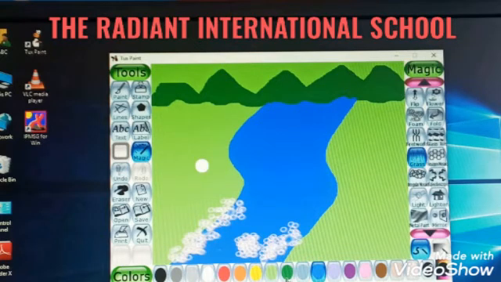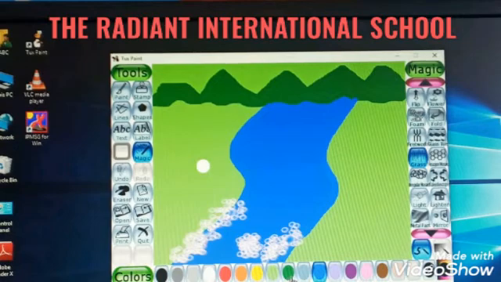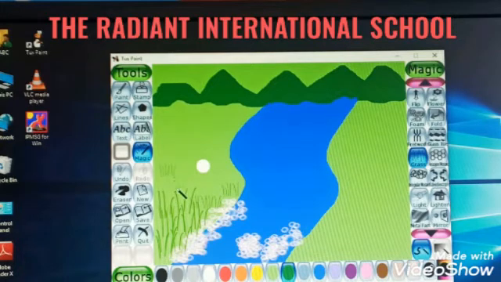You can give the color you want. As you can see, my background is already light green. So for grass, I'll select dark green color. And see, I have drawn some grasses over here using that grass tool, right? I have not done anything. I have simply selected the right tool, and you have to draw this. So using the grass tool, I have drawn some grasses over here.